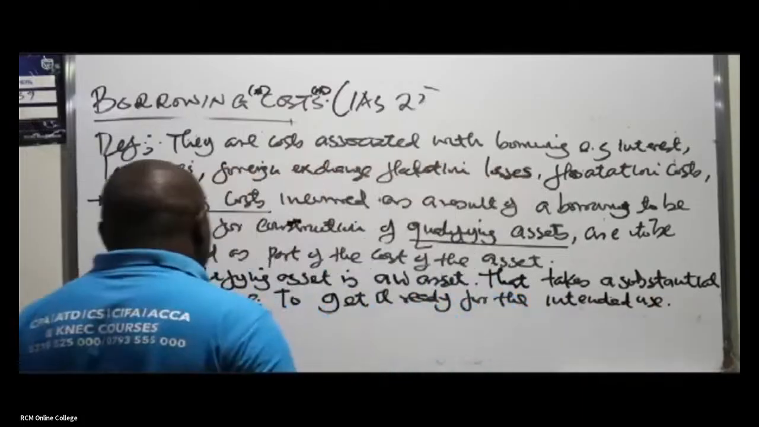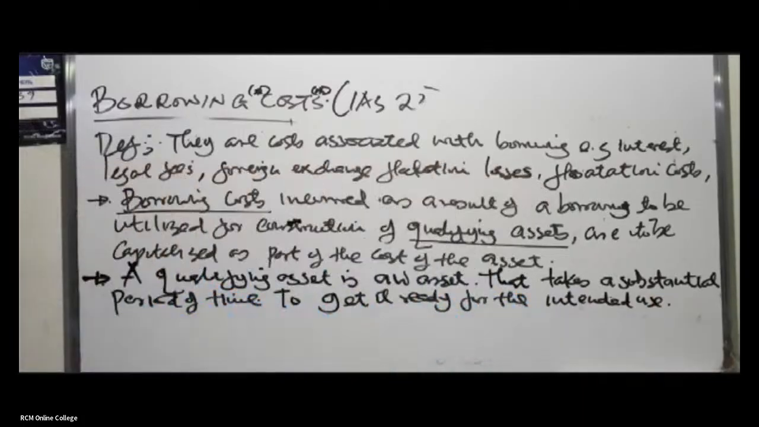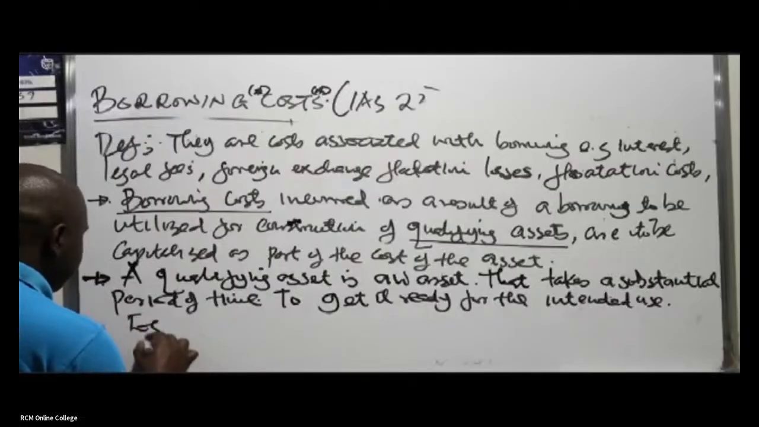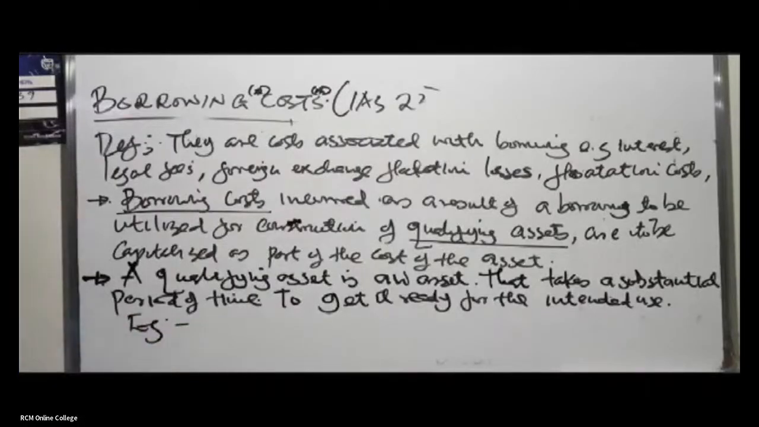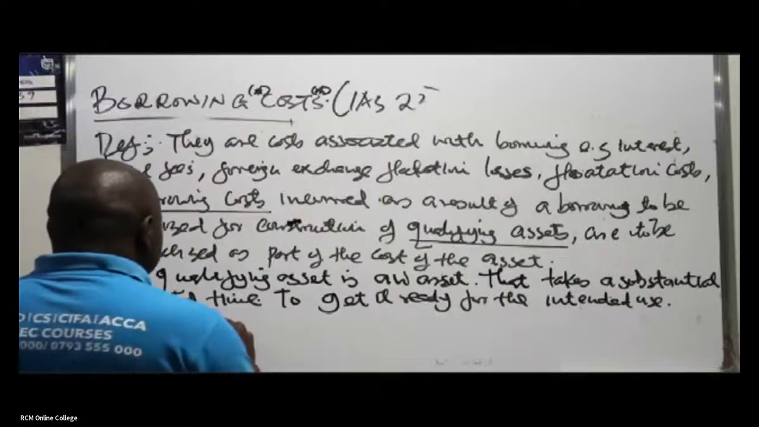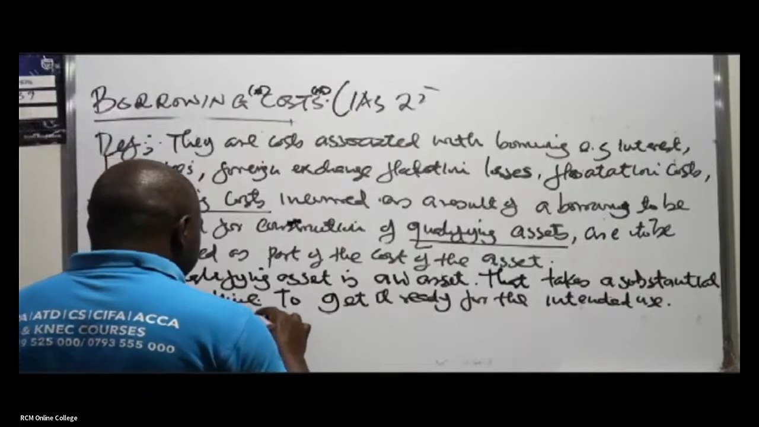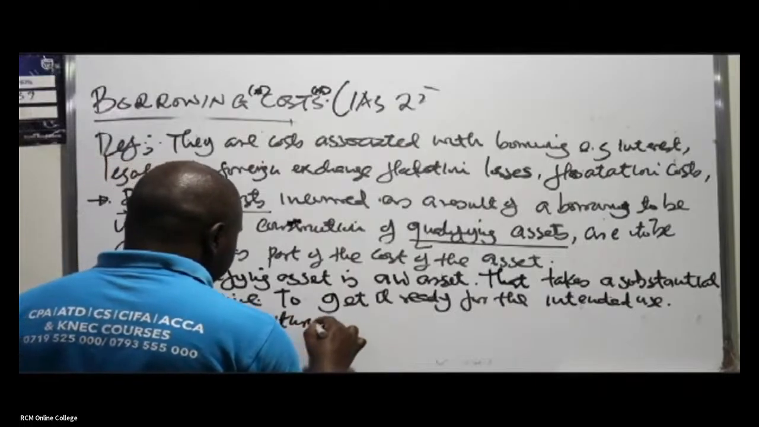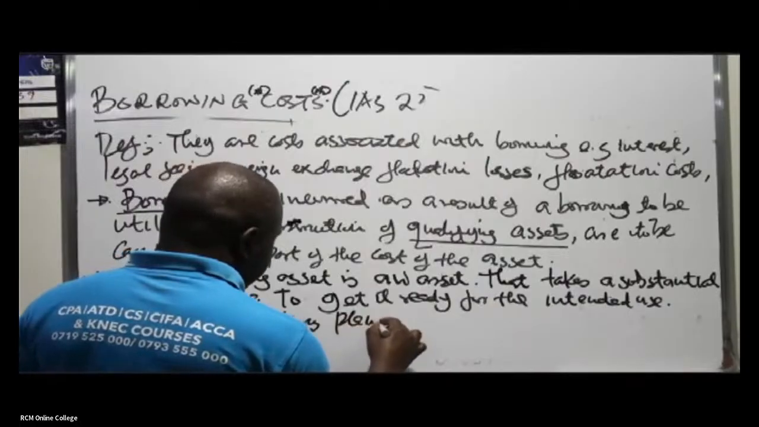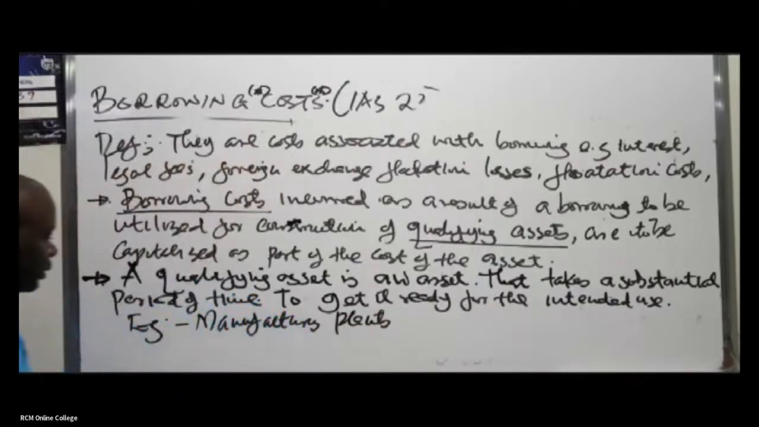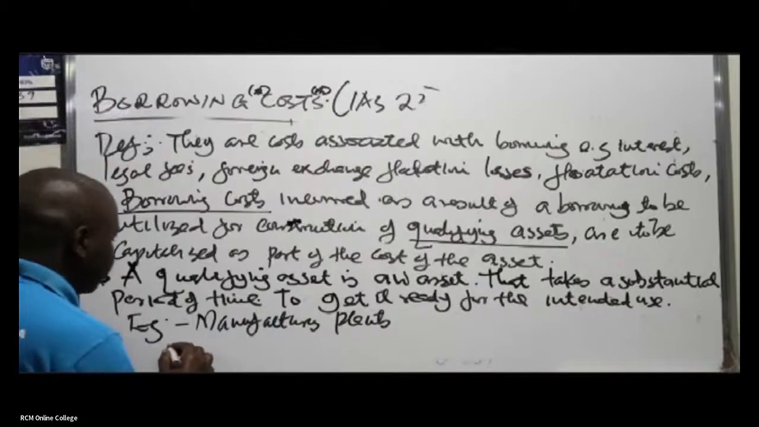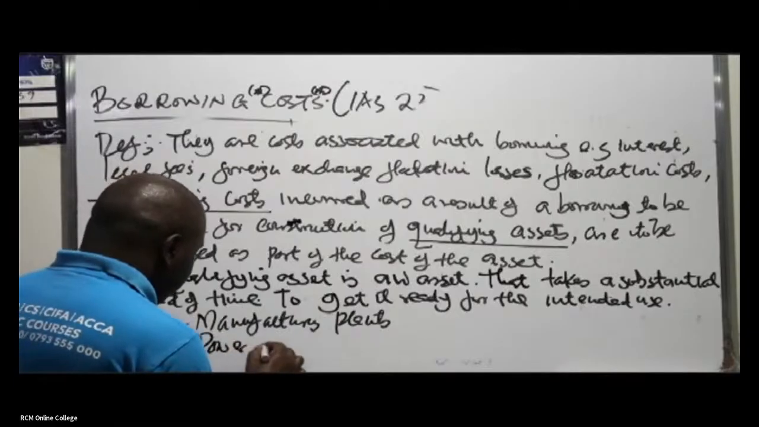So you can give examples. What are some examples of qualifying assets? For example, manufacturing plants, power generation facilities,